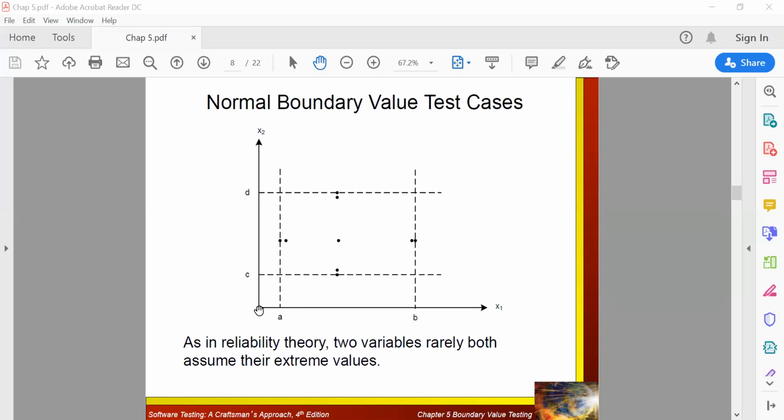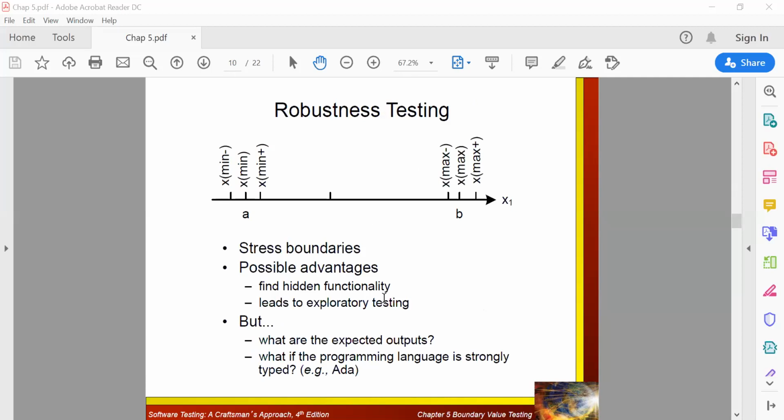If you have one more variable, you can extend it to one more axis. Depending on that, your entire scenario with respect to the middle point value, the nominal point value, will change. Since we are all very familiar with 2D representation, two variable representation, that's why they have given this example. So this is just an example for that.